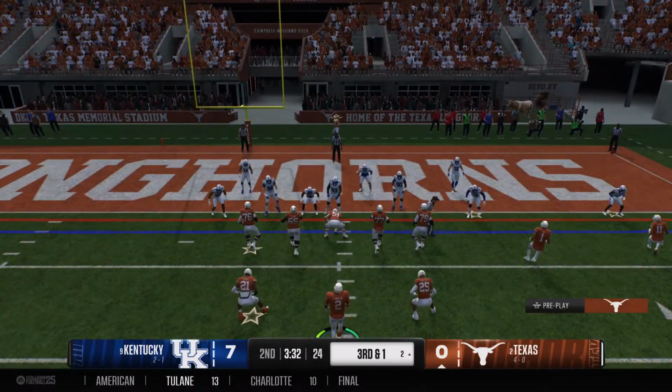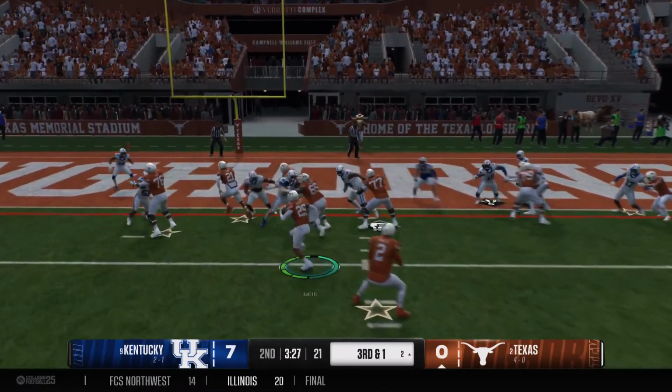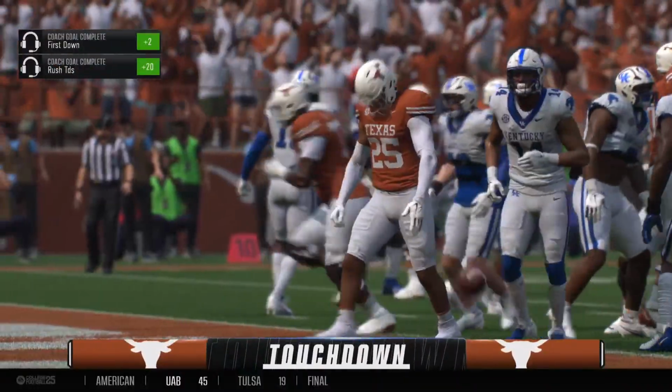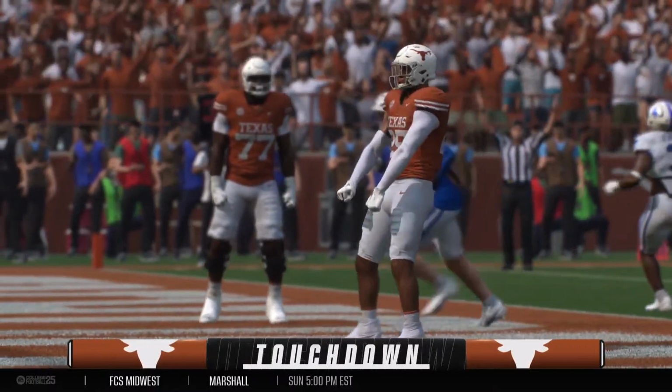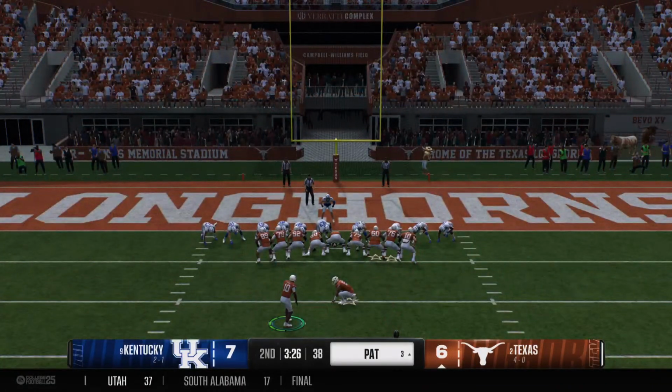And they convert here on third down in the red zone. This is a 4-point type of play, touchdown or field goal. He takes it in for the score. Touchdown, Texas. They were backed up to start the drive, but some bold play calling, great execution, and they reach the